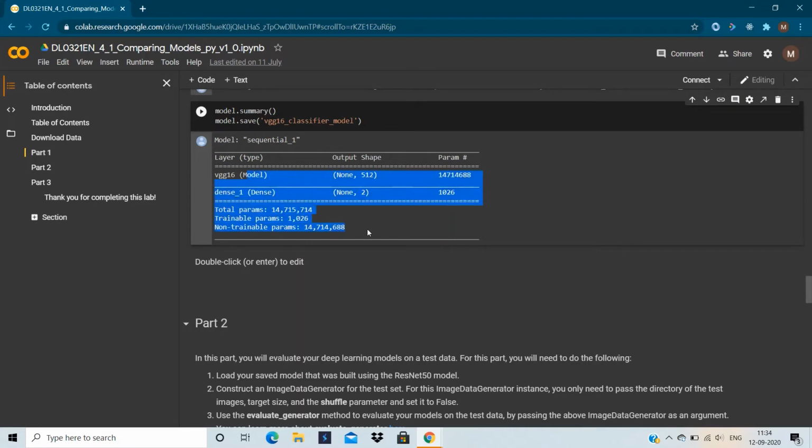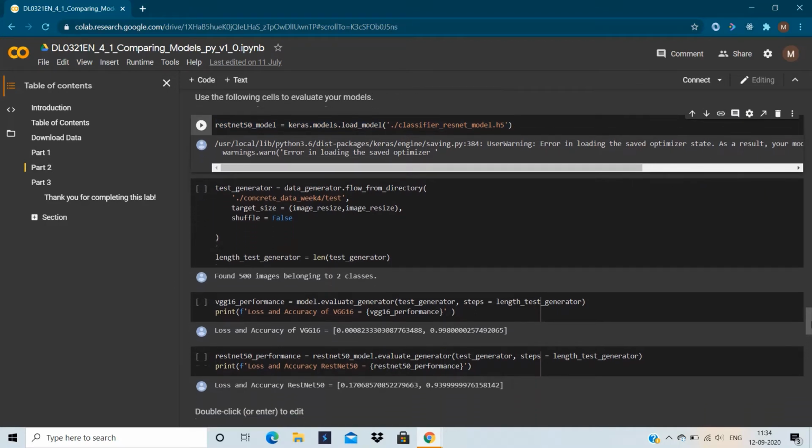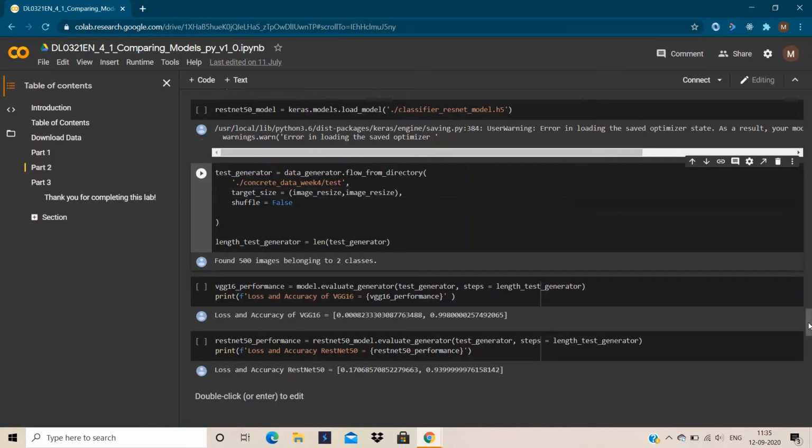After that, this is part 2 where we are going to load the previously saved model. Because I had provided you the code of the notebook that consists of both the models in the same notebook, you can skip this step. You can directly use the model because we had just saved that model a few steps before, so no need to load it. But as I am using a new notebook, I have to load it. So I am using keras.models.load_model, and I am providing the path from where I can load that model.